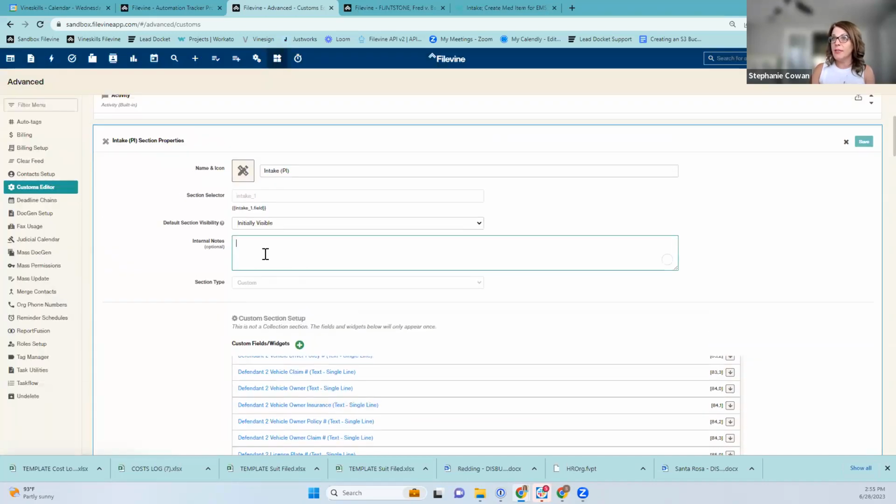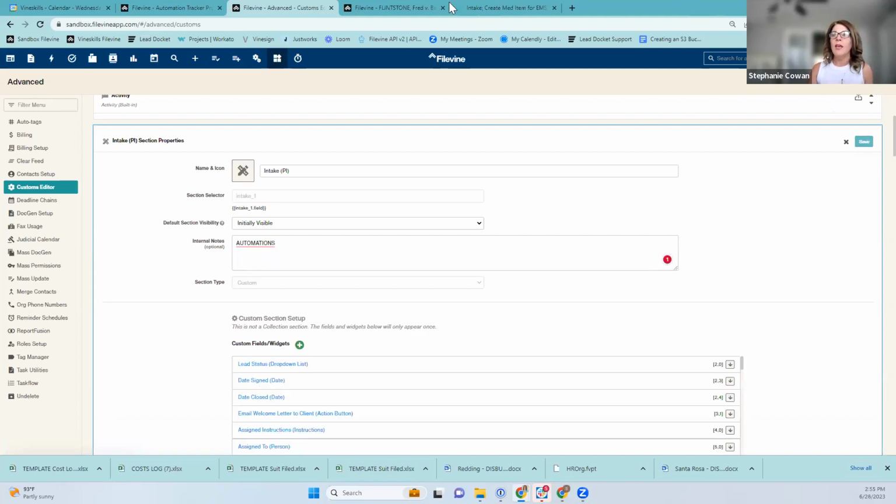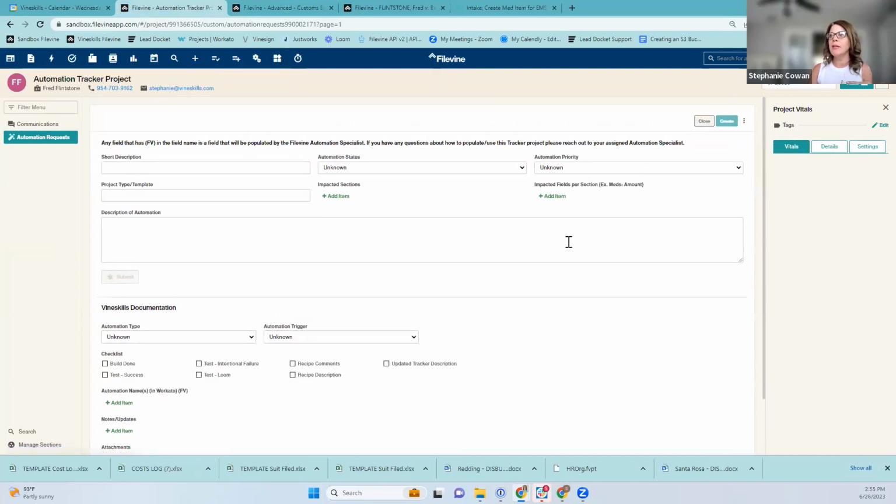A great practice is also to add a note to the section itself, the internal note for the section, that there's automations in a section. And then the last thing you're going to want to do, if you have an automation tracker, is to come back in here, and if you added a field for the automation that wasn't listed here, add it to the list. If you need a more technical description, make sure that you note that here, because it's a collection section